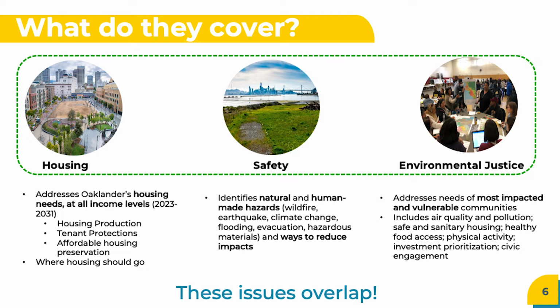The safety element identifies natural and human-made hazards like wildfire, earthquakes, climate change, flooding, evacuation, and hazardous materials, and ways to reduce impacts. The City of Oakland amended the safety element in 2021 with the adoption of the 2021 through 2026 Local Hazard Mitigation Plan. That plan identifies potential natural hazards and their impacts to people, property, and the environment, and corresponding actions to reduce those